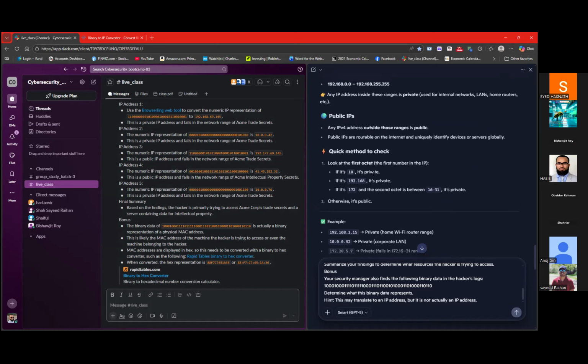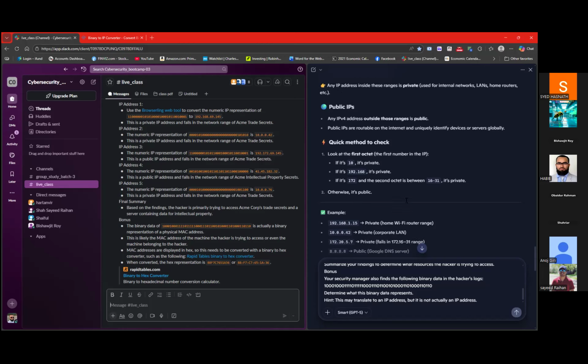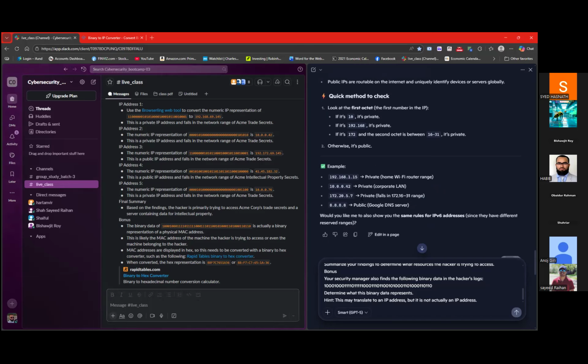If it is 10 it is private, if it is 192.168 it is private, if it is 172 and the second octet is between 16 to 31 it is private। 172 ডট 16 to 31, এই সেকেন্ড অক্টেট ডিফাইন করে, এটা ফিক্সড, এর বাইরে আর কিছু নাই। প্রি-ডিফাইন্ড, ফিক্সড। প্রাইভেটটা জানলে সব পাবলিক, দ্যাটস ইট।